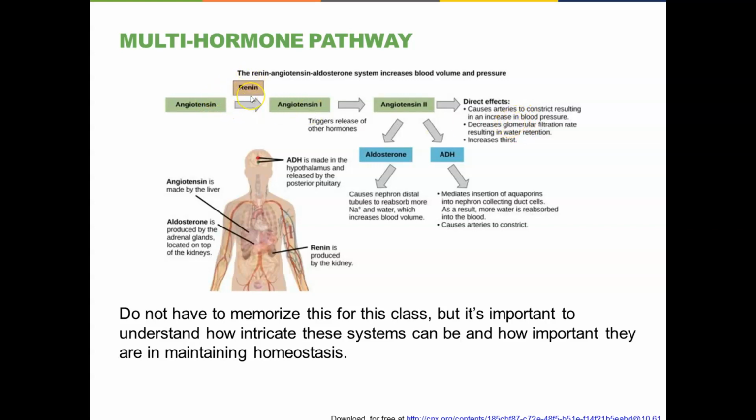So when renin is present, angiotensin is converted into angiotensin 1 and 2, well, triggered, ultimately into being converted into angiotensin 2. This occurs in the lungs, interestingly enough. And angiotensin 2 stimulates the release of aldosterone from the adrenal cortex and antidiuretic hormone from the